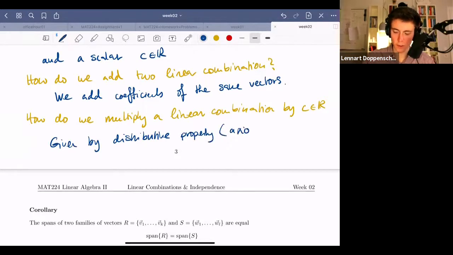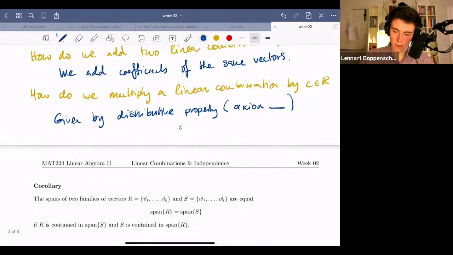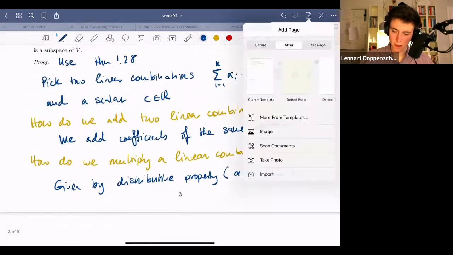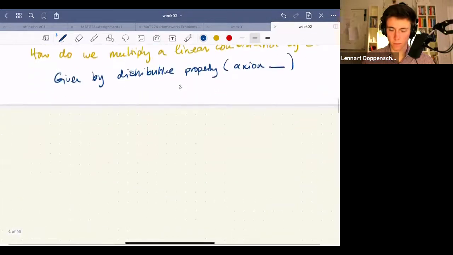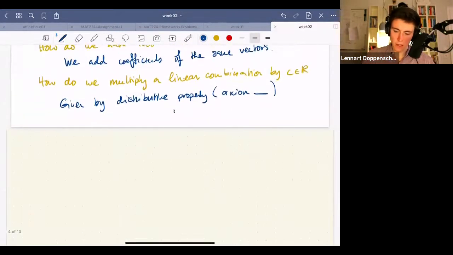If someone knows by any chance which axiom this was, I think it's one of the later axioms. Just fill this in here. And this means, I think I'll be done with this in 4 minutes, and then I'll stop the lecture. So